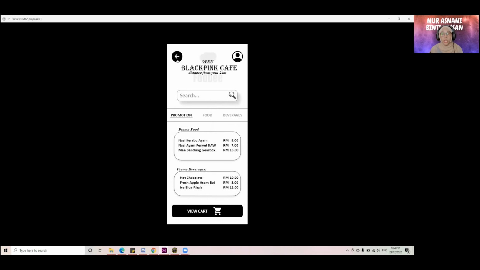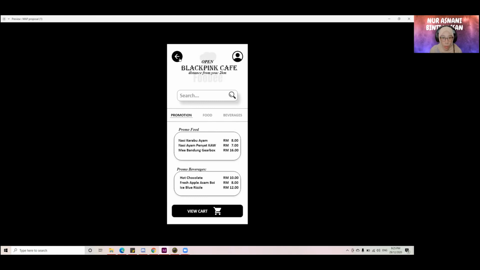On this page, we have a back button, profile button, the shop name, and a search button to search any food that they want, and they have promotion, food, and beverage.